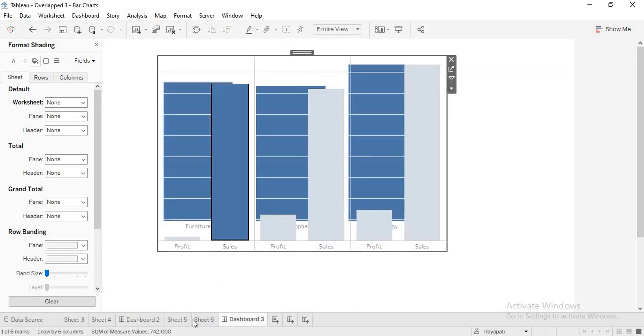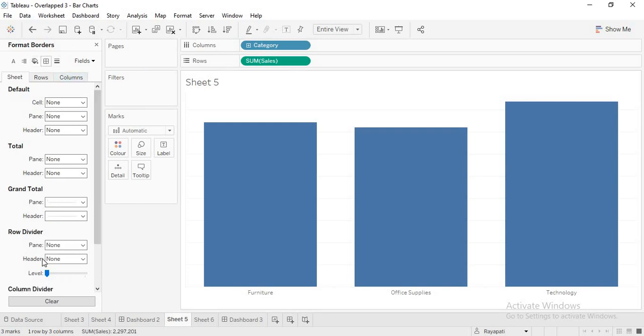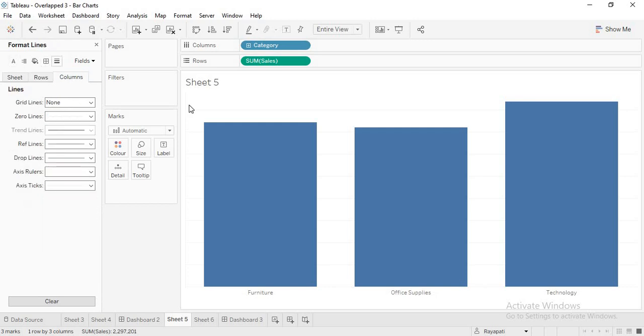Now, see these lines. The problem is you already have these lines, right? These are like row dividers. Now, if I go into rows and I say, okay, then what are these lines?